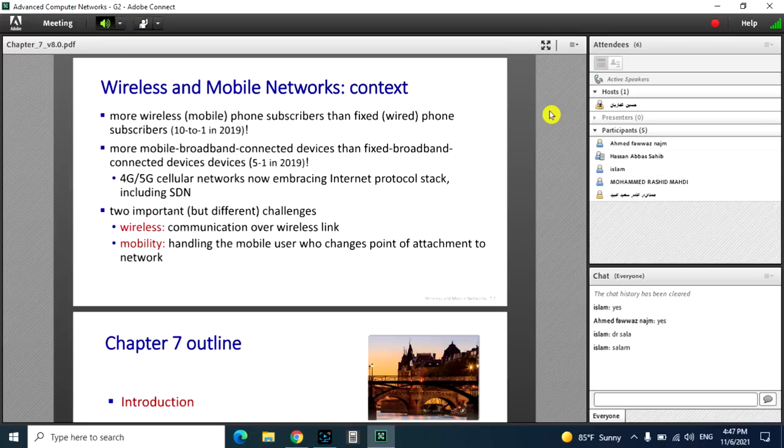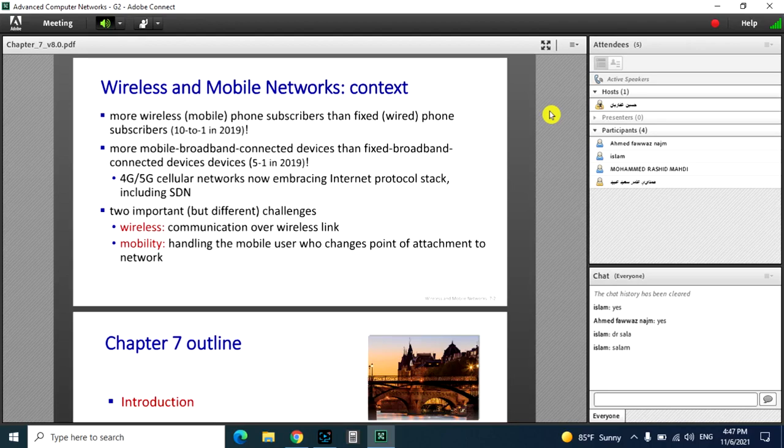Before starting to talk, we should talk about two main challenges in wireless and mobile networks. There is a big difference between a wireless network and mobility. Wireless is not mobility. Okay? When we talk about wireless, it means a communication link